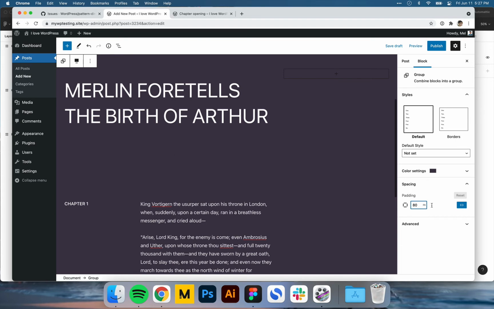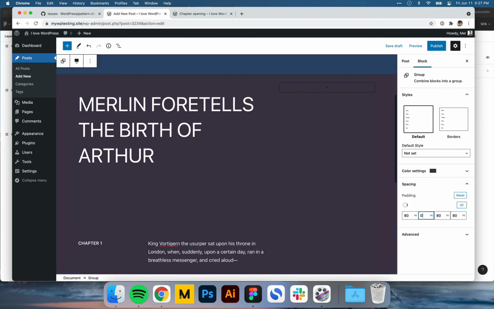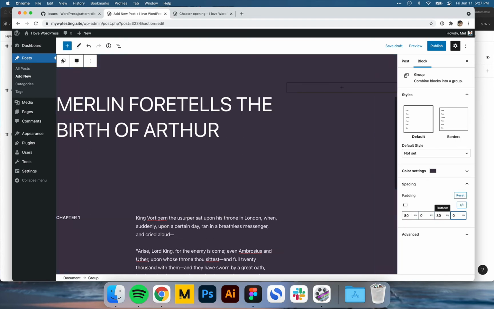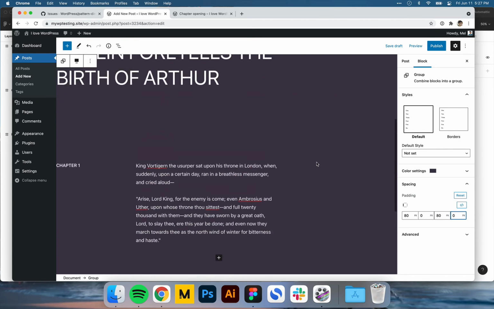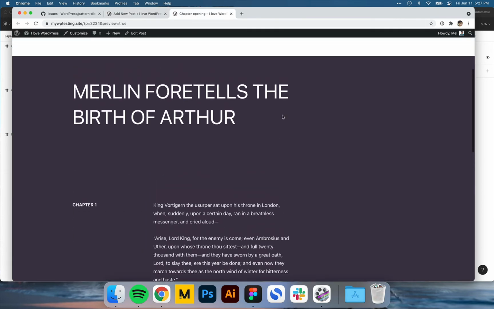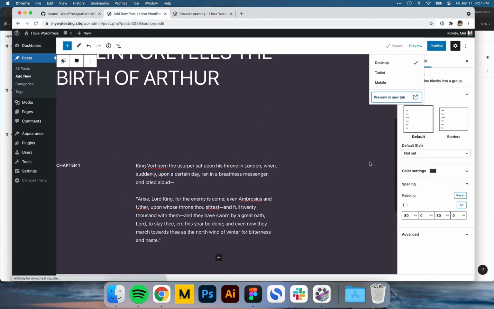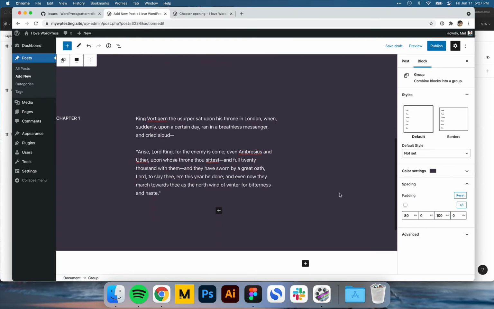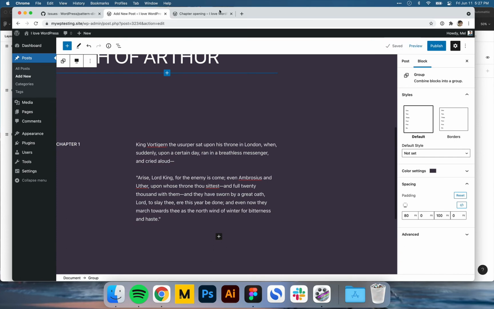Let's try 80. And I will get rid of the left and right, so we'll only have it on the bottom. And let's save this and preview again. Yeah, that looks better. I'm gonna bump up this bottom padding. Sometimes I like to add a little more padding on the bottom so it looks just a little more even.